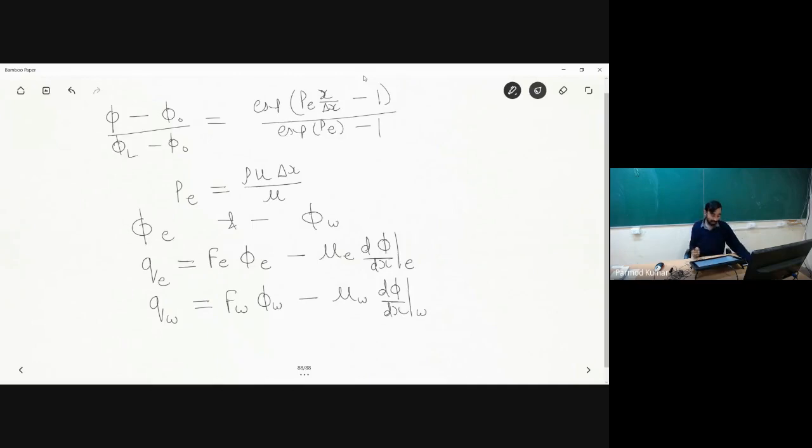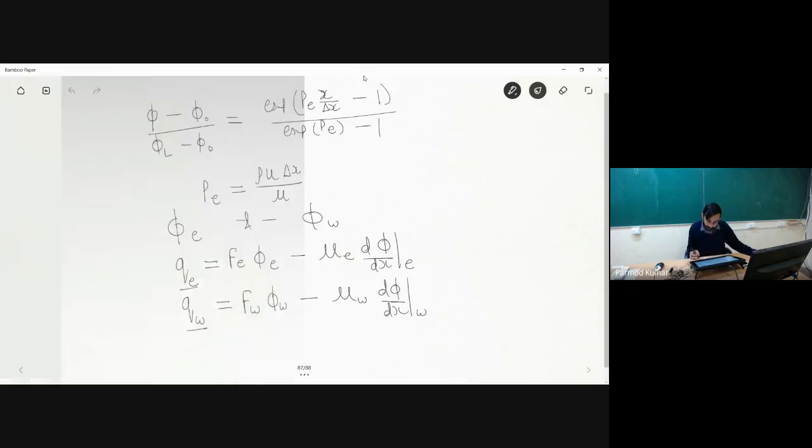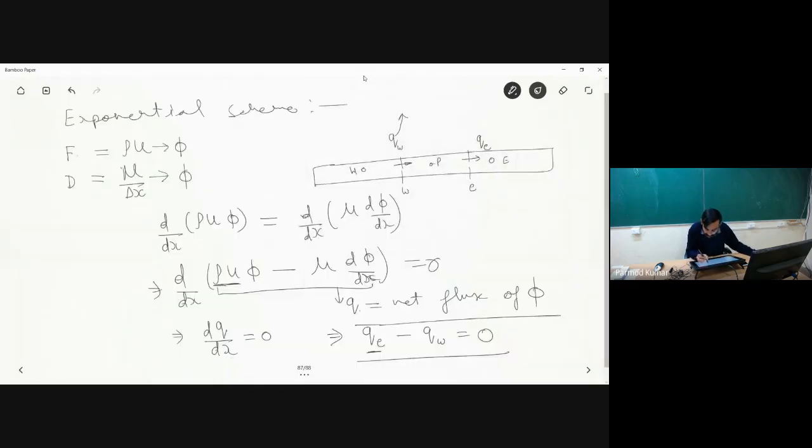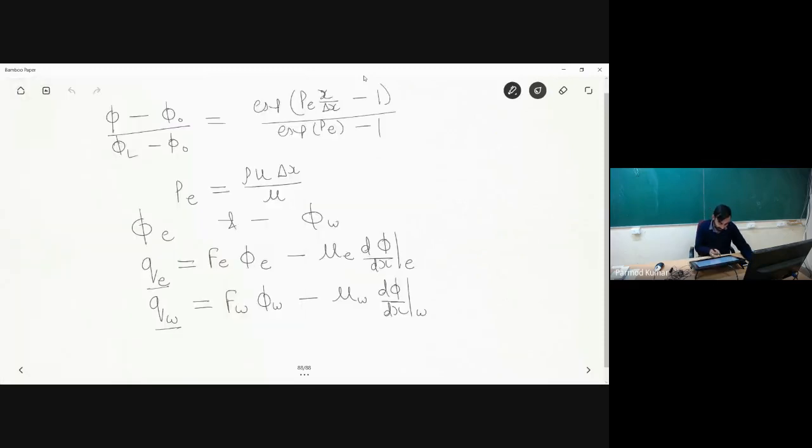Okay. Now, while you are finding the value of phi at phase east and phase west, in between the node numbers P and E, while you are calculating at the east phase, you have to consider the exponential variation between the node points P and E. And similarly, while you are finding at the W phase, you have to consider the variation between P and W as nothing but exponential. Okay.